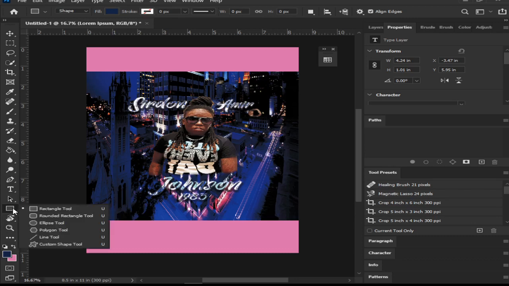Okay, and here are the different tools within that set. You have the rounded rectangle tool, the ellipse tool, the polygon tool, the line tool, the custom shape tool. Okay, and all those, you press the letter U to select the rectangle tool. Okay,